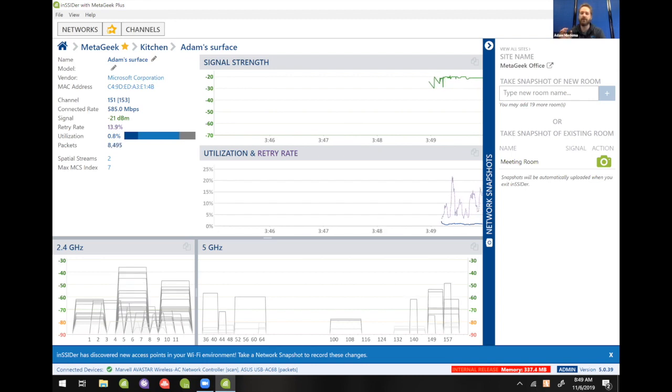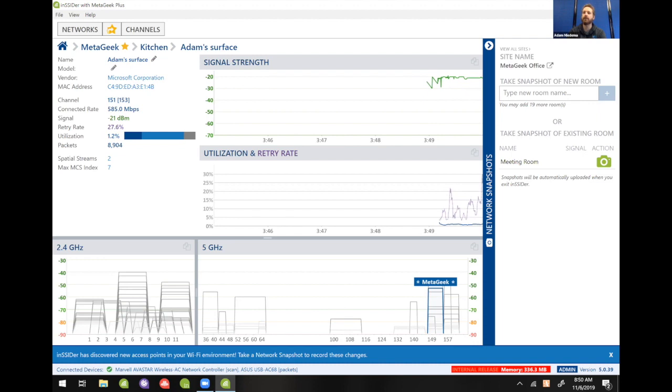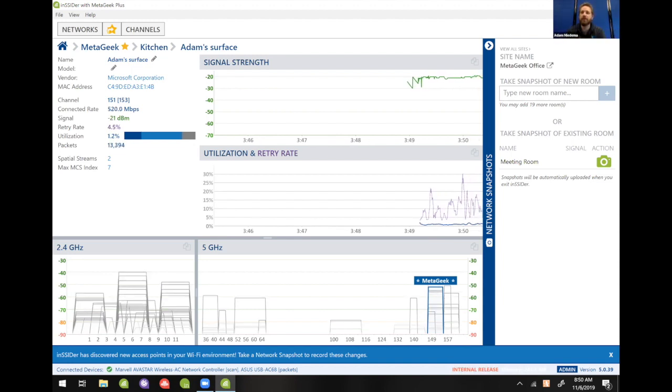And you can very quickly and very easily narrow it down to a device. And with the rapid signal strength updates, you could find a device pretty quick. So it's very easy to play hot and cold with this setup to find a device, whether that's an AP or a client device. Well, that's how you could create a new site within inSSIDer and then see what's new in terms of new networks,